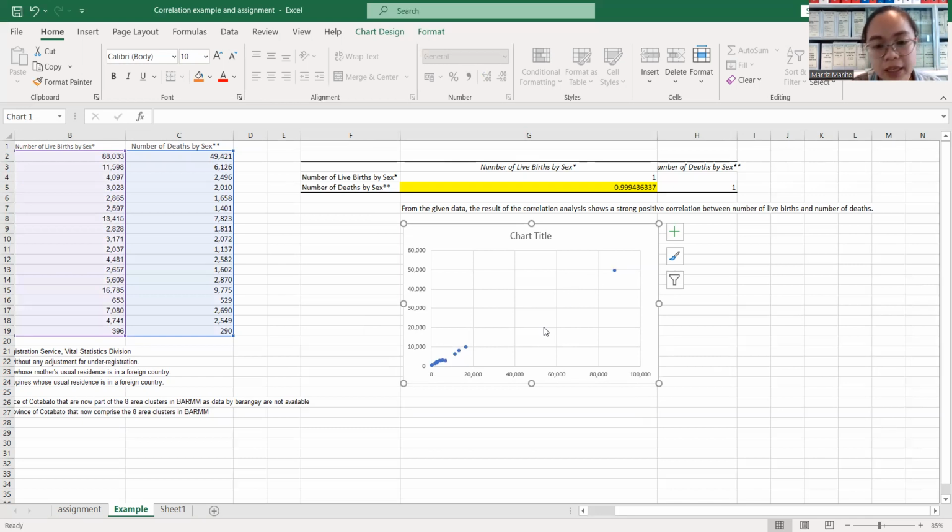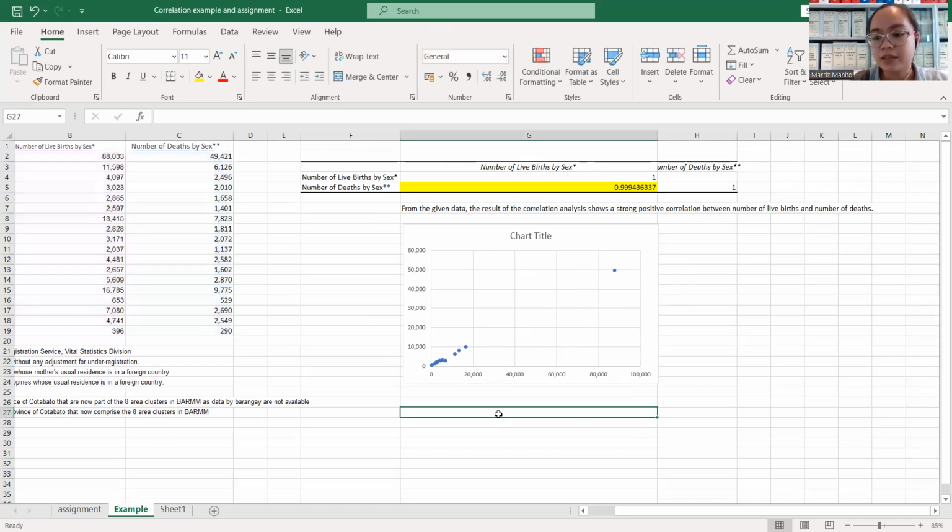It's an upward sloping, upward trend, an upward scatter of the data. We can see the buildup is within quadrant 3, and in quadrant 1 there is just one outlier. So that's it. That is how simple it is when using Microsoft Excel. That's how you can simply do the correlation using Microsoft Excel.